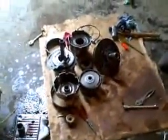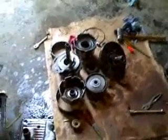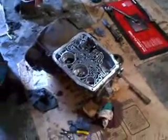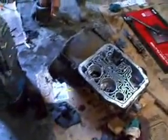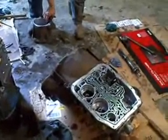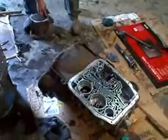Now, if you're familiar with automatic transmissions, you know what this is. It's the remnants of an automatic transmission. What had happened was that we got down to it and found out that this car transmission we had, well, it's an AOD, they're both AODs exactly the same, but had a different tail shaft. And so we decided that the easiest course of action would be to gut the one that